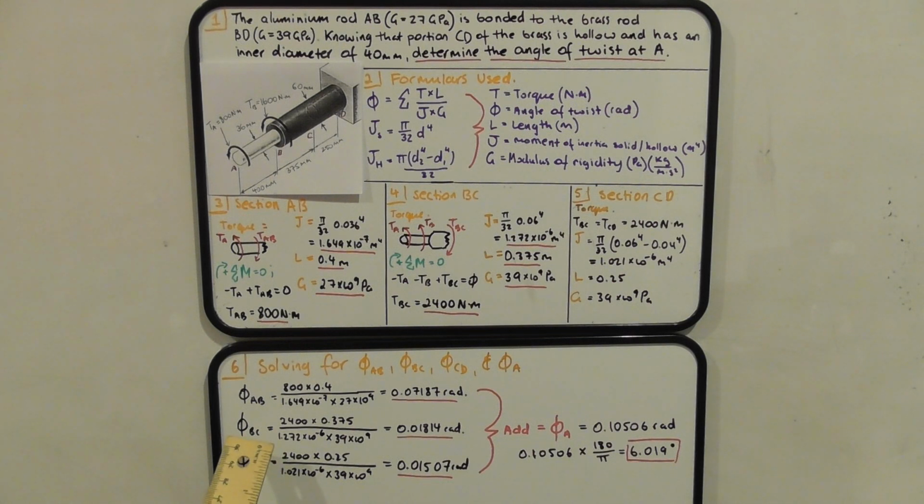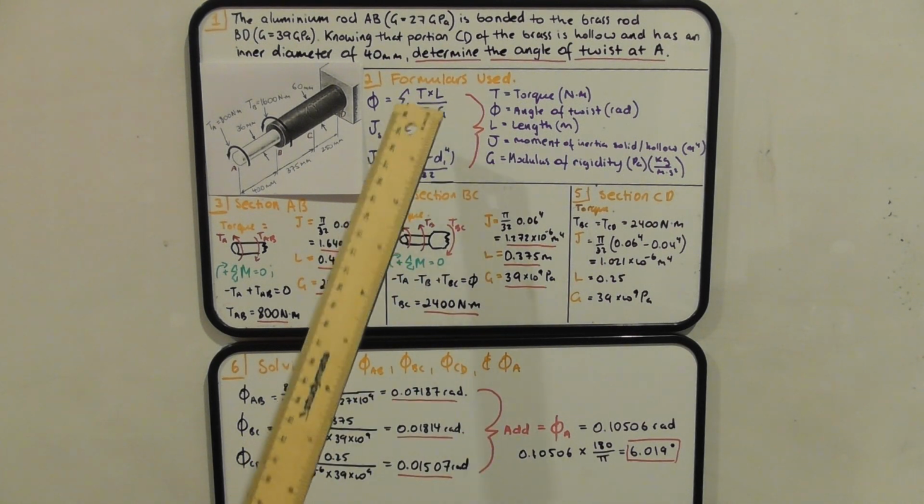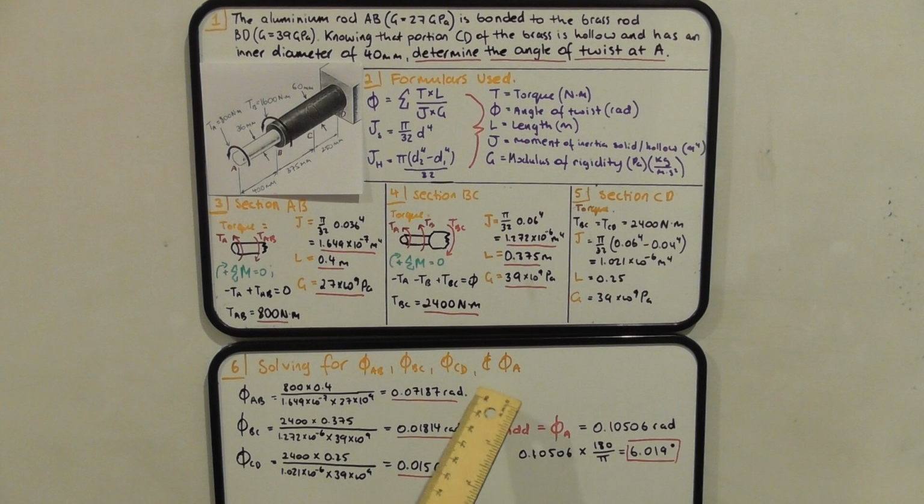Same for angle of twist BC, which will be 0.0184 radians. Angle of twist CD will equate to 0.01507 radians. Now, if you pay attention to the sum, meaning that if you add all these individual values, you will get the total angle of twist at A. Once you add all these together, you'll get